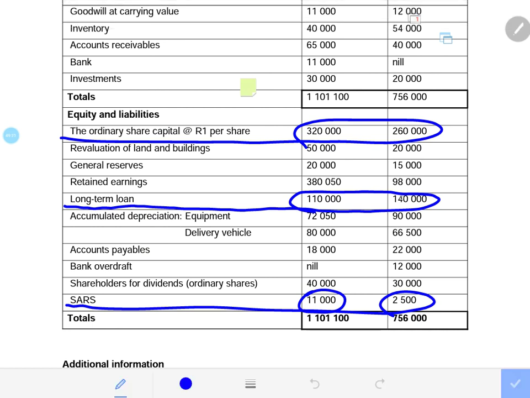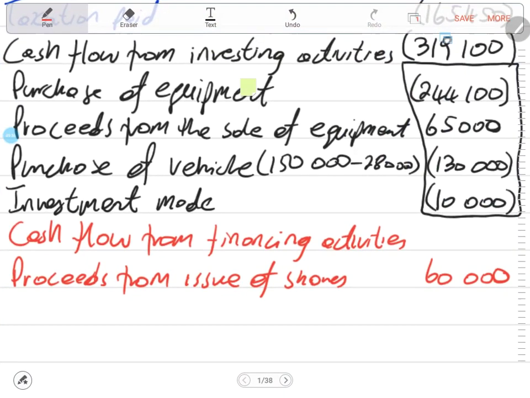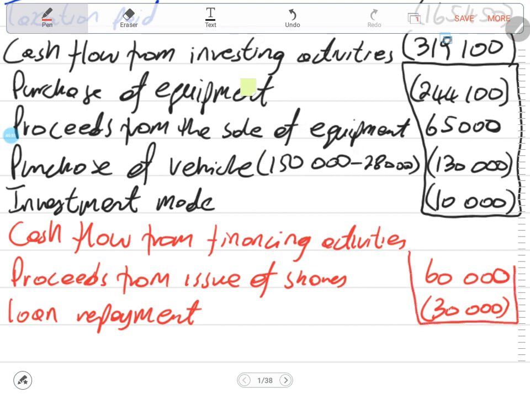financing activities. The loan was previously 140, it went down to 110. Obviously, that means we repaid. That's why our loan decreased. And the amount that we repaid is 30,000 rands. 140 minus 110 will give you 30,000 rands. So now this will be loan repayment, 30,000 rands. When we repay a loan, cash goes out of the organization to pay that loan. So that will be reflected as an outflow of cash in your statement of cash flow, 30,000 rands. Then after that I will have our net